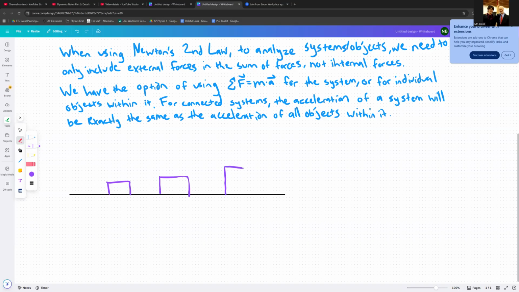And we'll give them some masses. The first one's going to be the smallest, then medium, then big. This will be our 1 kilogram mass. This will be a 3 kilogram mass, and this one can be 5. And we're going to connect them all with some string or rope. So we get one here,